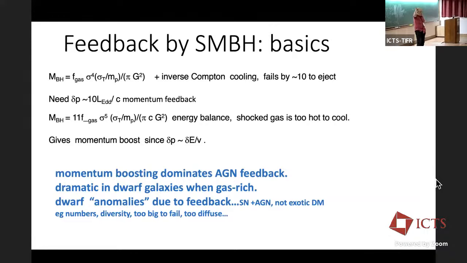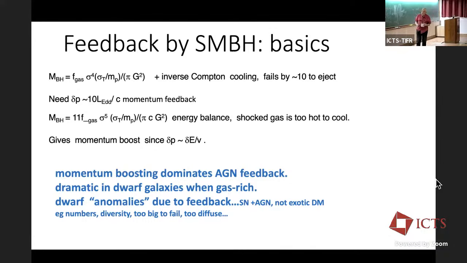So this is a very intriguing property of shocks, how you can get very strong boosting in momentum because you're conserving energy, basically. And so that probably does happen. The simulations suggest that does happen. Anyway, those are two examples of the physics we discuss, and we code up and do in hydro simulations ultimately. But I don't want to get into those. I just want to show you some simple arguments.